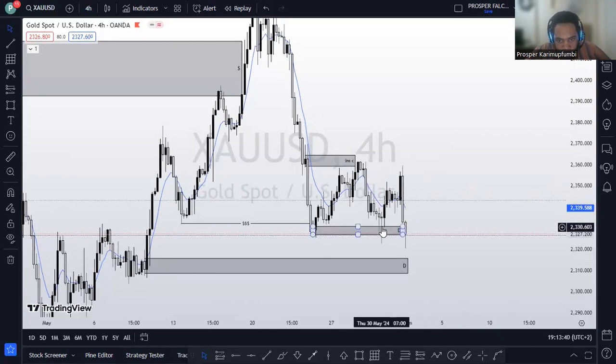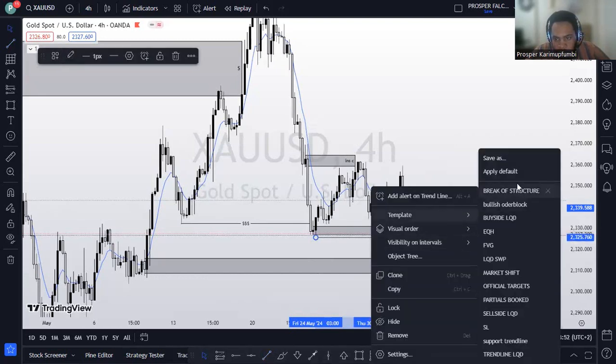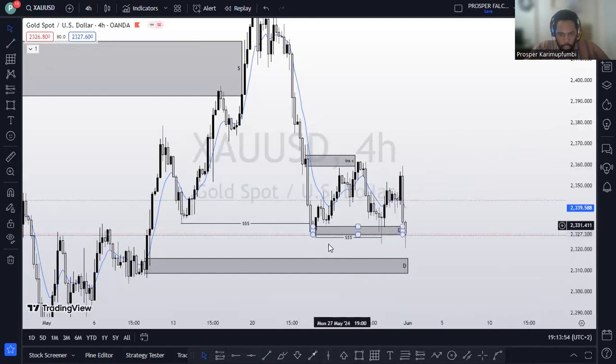So what I wanted here, I wanted to see liquidity also being grabbed here. So there was also a liquidity grab here, a liquidity sweep. So I wanted to see the smart money taking out sellers, coming back to this supply,